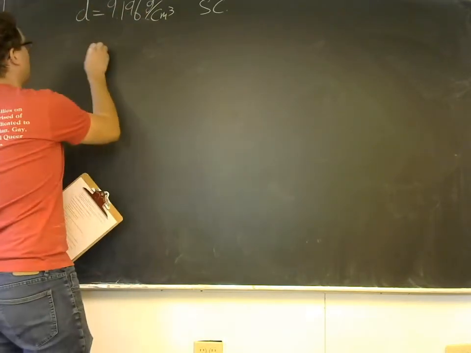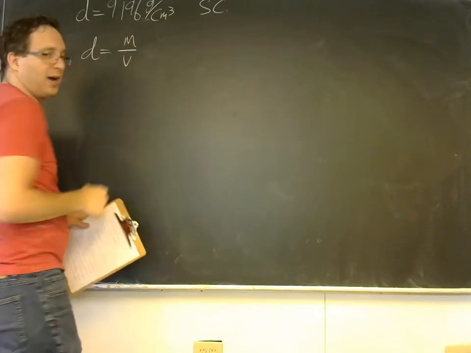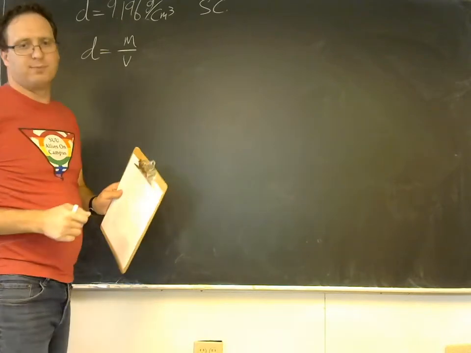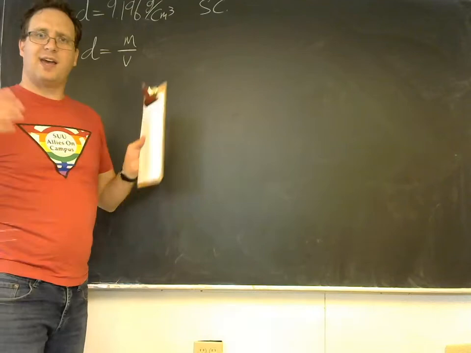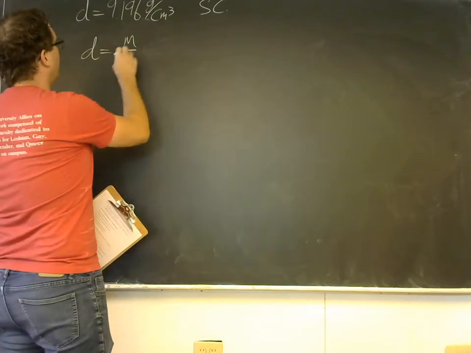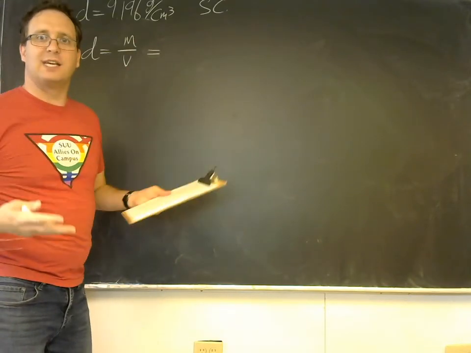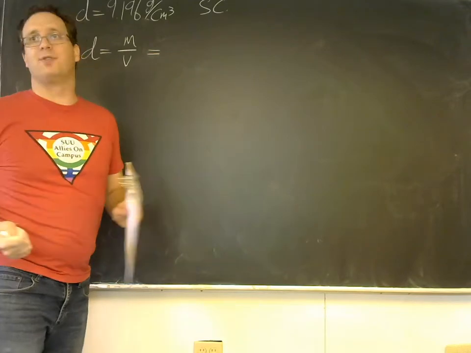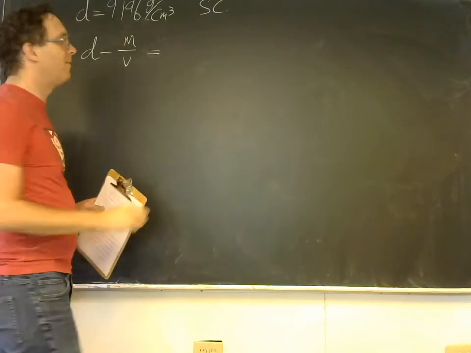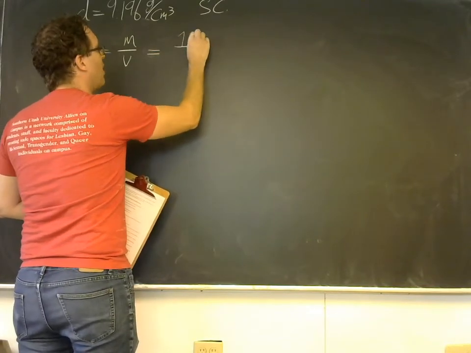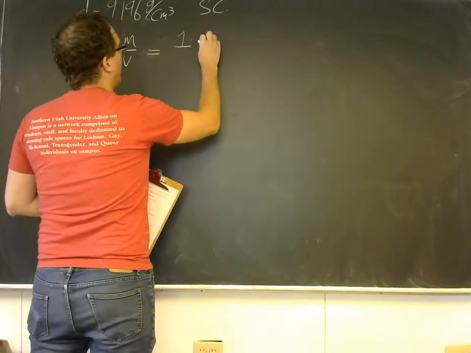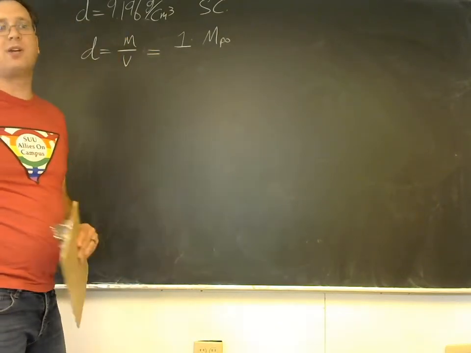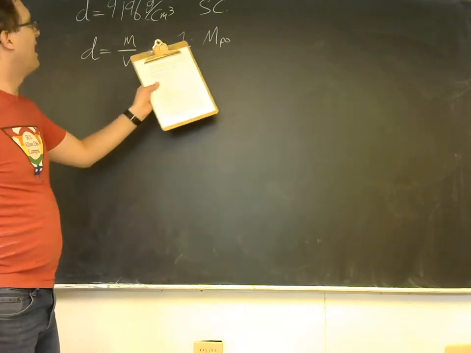We need to recognize that the density is equal to the mass divided by the volume. Now the density here is 9.196 grams over 1 cubic centimeter. But let's apply that on a teeny tiny scale. Let's consider the density of a single unit cell. The density of the unit cell should be the same as the density of the whole material. It's just a very small sample of the whole material. So what is the mass of a single unit cell? Well, this would be the number of atoms, which is one atom in a simple cubic unit cell, times the atomic weight of a polonium atom. Because there is one polonium atom within a simple cubic unit cell, the mass is just one